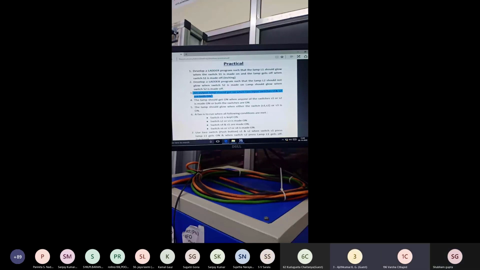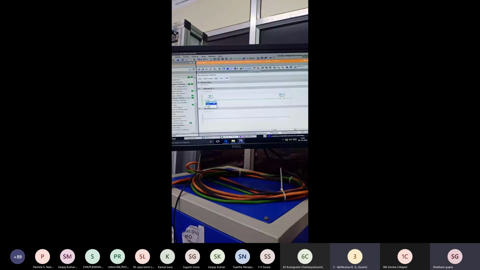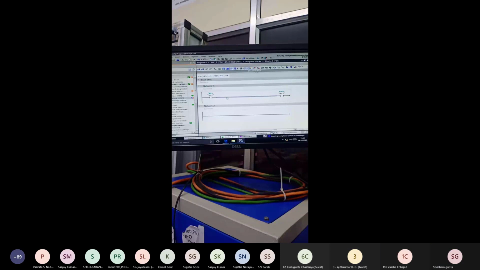You will use two NO switches in series, which is like an AND condition, both NO switches in series. They are connected as two NO switches in series. Give address I0.1 and download it.